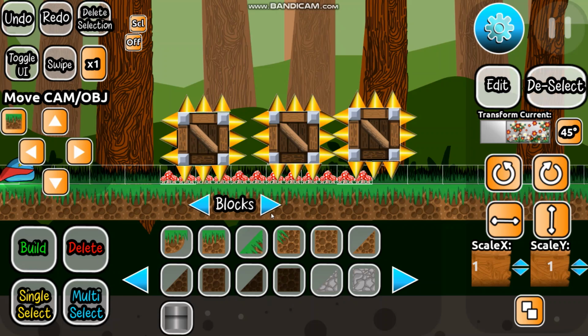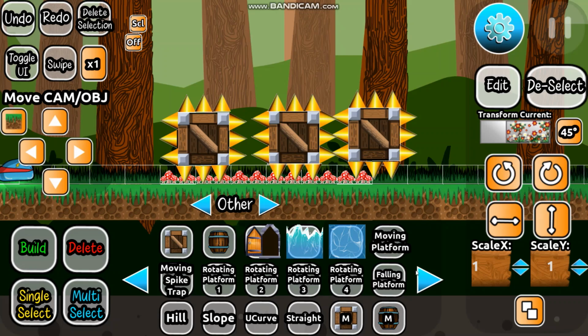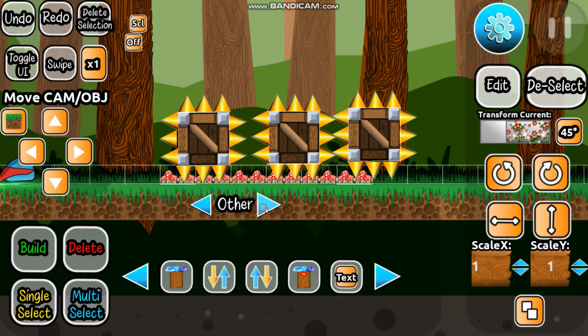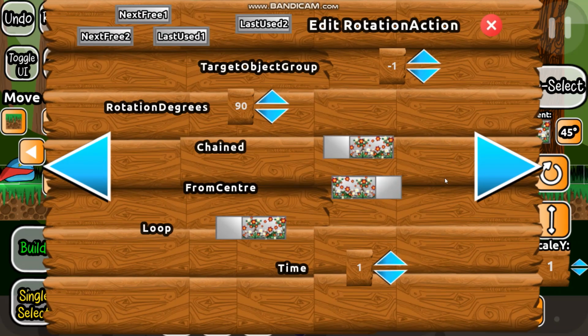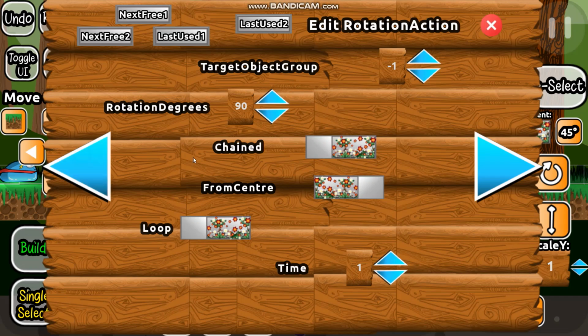So, yeah, I'm just going to go to that section, the next place, which is ROT. It's not rot like something rotting. It's actually rotation. That's what it stands for. ROT, rot, rotating. And you want to place this next to where you want it to be triggered, and you can just move this down so you don't have to jump to get it, or you can first set it up. So we're going to put this at